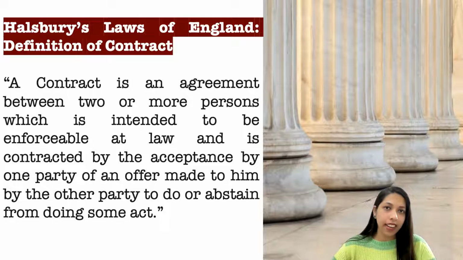And if it is legal in nature, we can enforce it through a court of law. For example, we enter into a legal contract, a legal agreement, and I make a breach of contract. Breach means a violation. I made a violation of the contract. Can you file a case against me in court? Yes, you can file a case against me in court because it is a valid contract and it is valid in the eyes of law. If I am making a violation or a breach, you can file a case against me. That is the meaning of enforceability through court. Imagine if it is an illegal agreement, can you file a case against me?